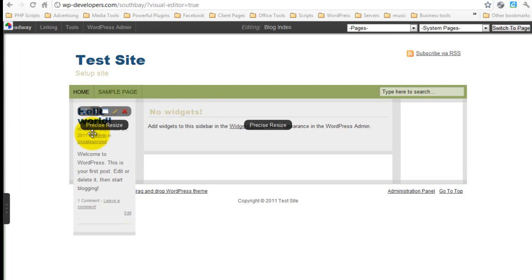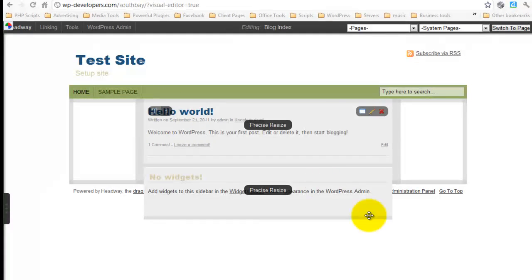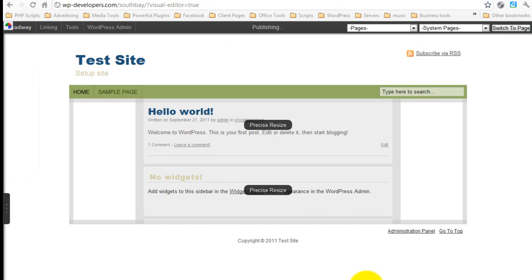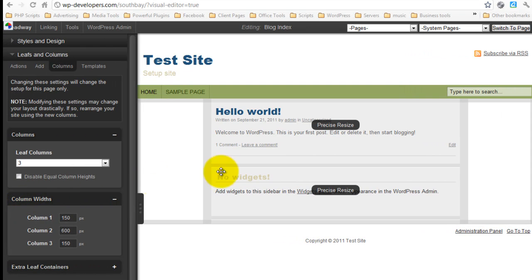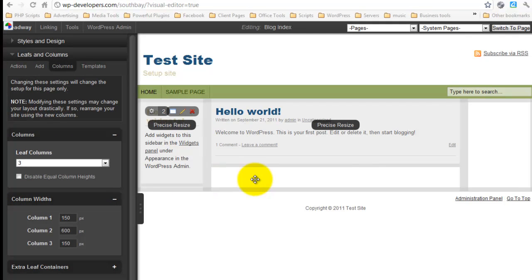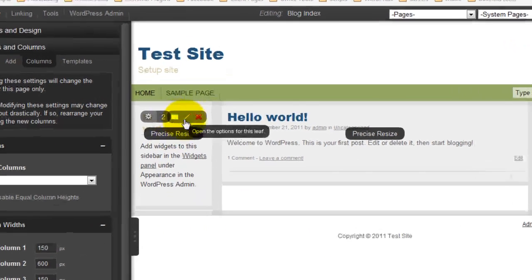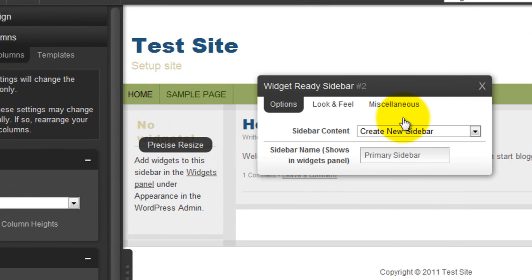Take this Hello World right here and move it here. I'm going to publish these changes. So now I'm going to make a widgetized sidebar on each of these areas. I'll take and I'll drop this one over here. And I'm going to change this name so that I can identify it. So this is going to be named